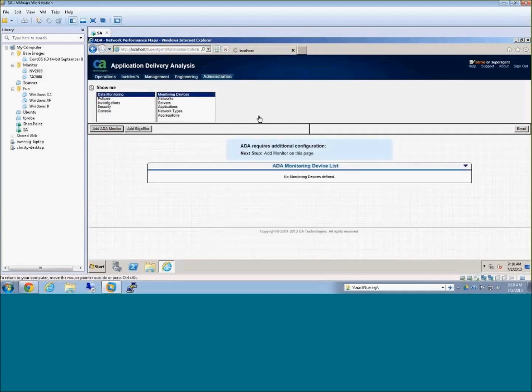If you go over to the Administration tab, you'll see that your ADA monitoring device list is blank. Our ADA monitor device is actually this same server. What we need to do is add this server into this server in order to get it to recognize that. If this were a distributed situation, we would add all of our remote collectors that we've set up. We do that just by clicking Add ADA Monitor,